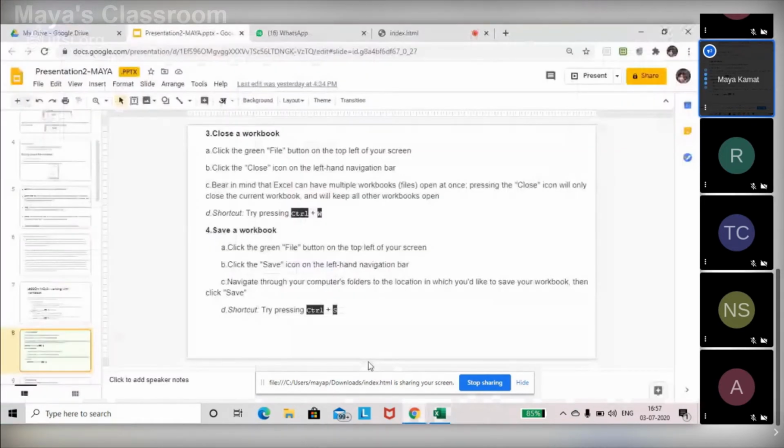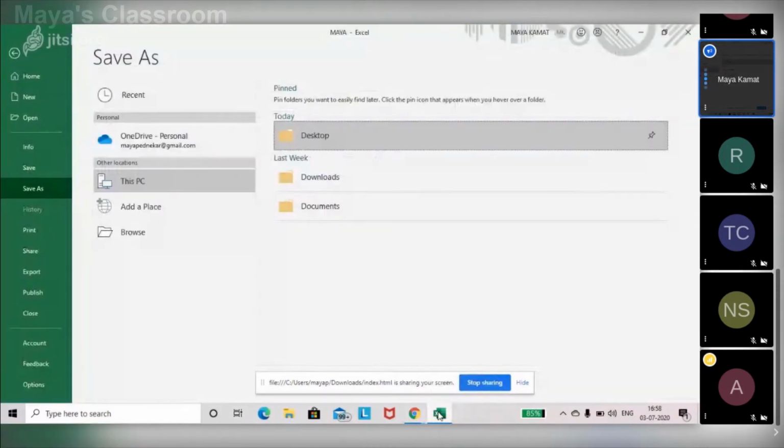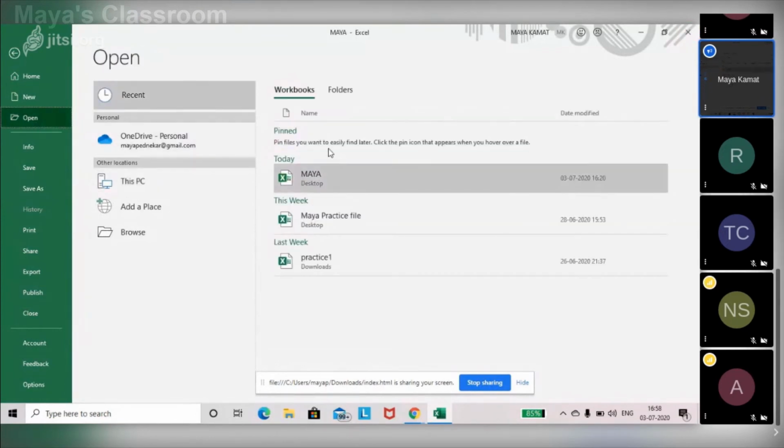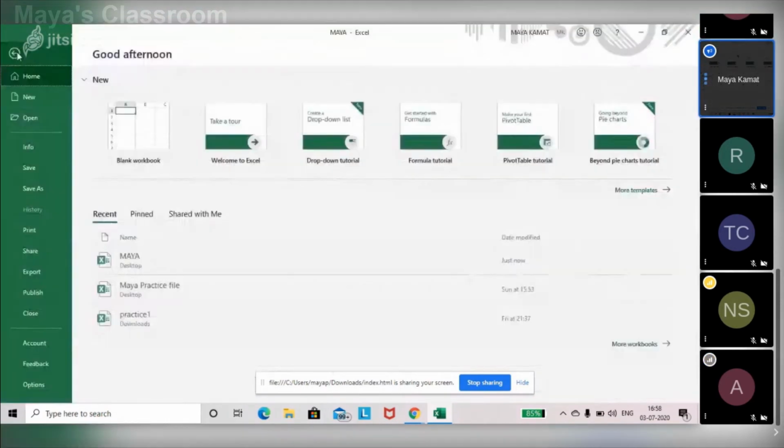Then you have to know what is printing of a workbook. If you have a printer connected, this is when you will need to do the printing, when you're making use of it for your official purposes. Not as of now. You will have to go to file and go to print option.